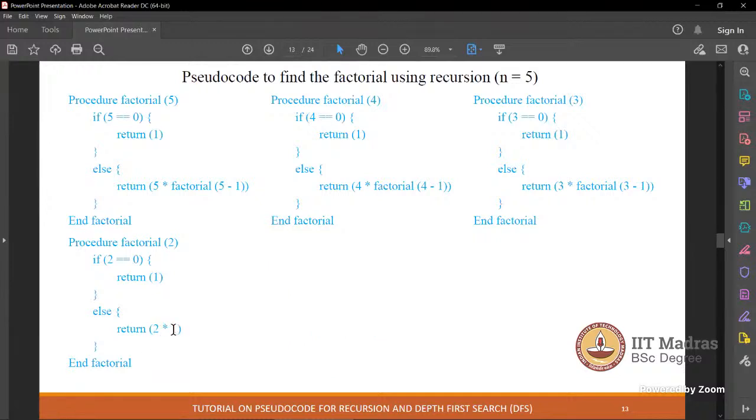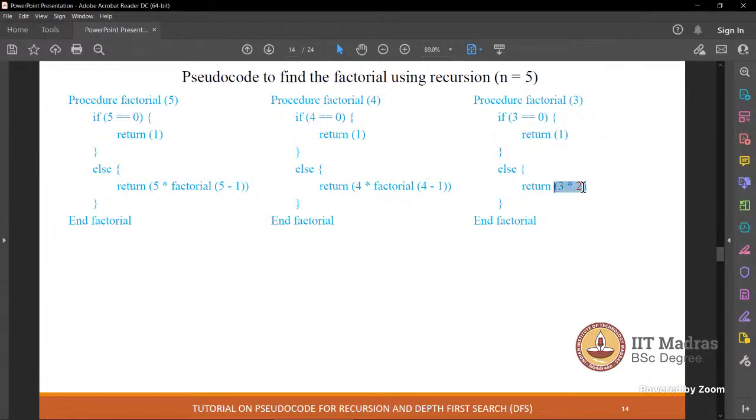Now we can do this multiplication, 2 into 1. Once again, this is the return 2 into 1, so this is 2, right? Return 2. Where should we return? Again, the place from where this thing was generated. Where is that place? Here. So now we should replace this with this multiplication, which is 2. Let's replace that. Now, same thing continues.